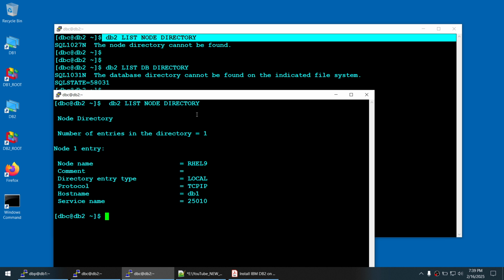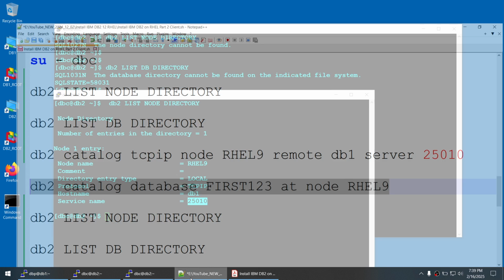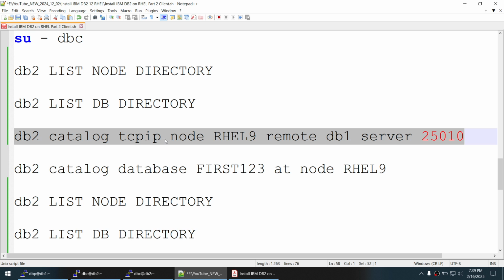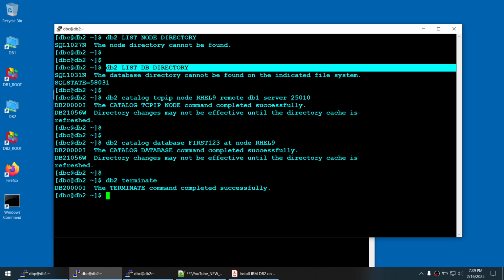And here you can see that we got one node called RHEL9 pointing to server db1, and 25010 is the port. That is whatever we gave here. So catalog node RHEL9, remote is db1, server is 25010, and it looks exactly the same. Earlier we got node directory cannot be found, but we got the node now. And if I run the list db directory,